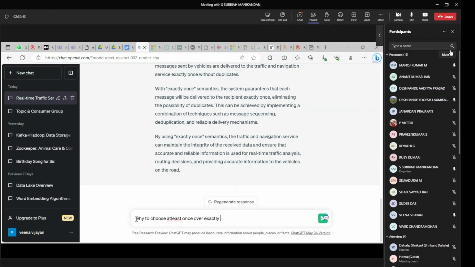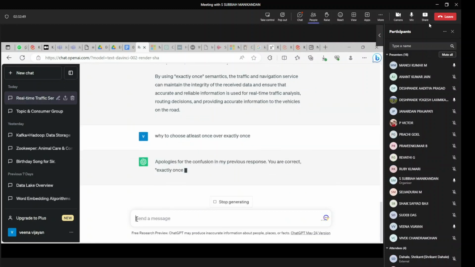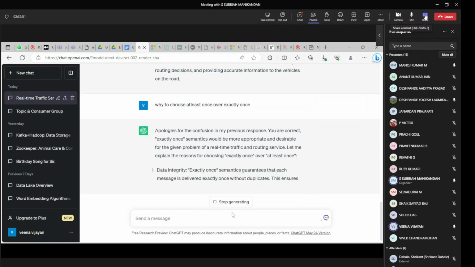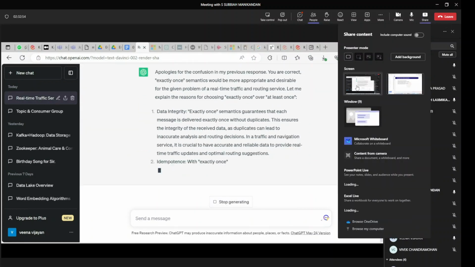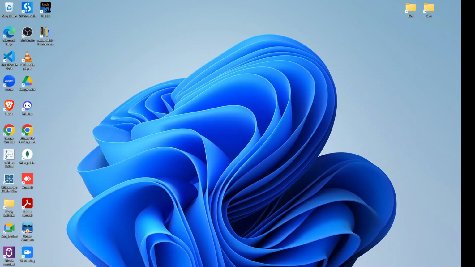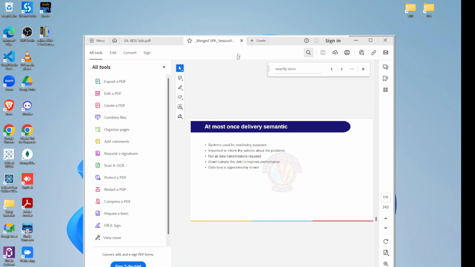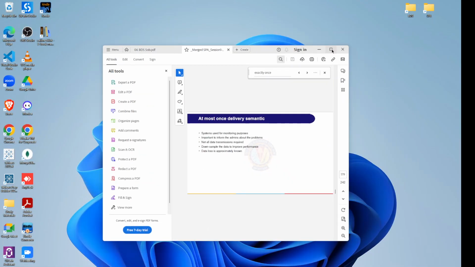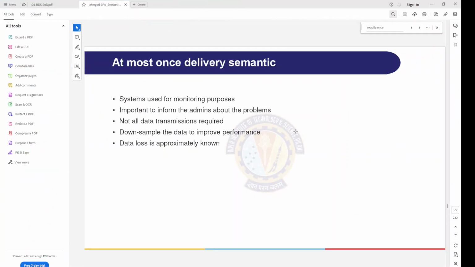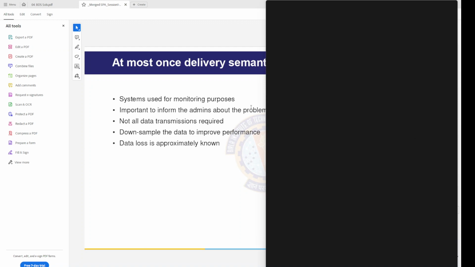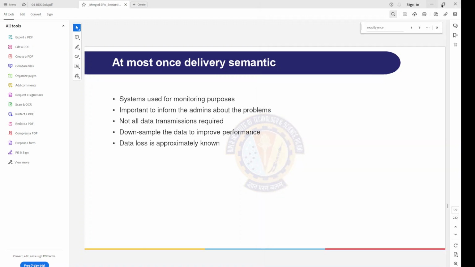In our slides, there is some information on why we are using at most once and all. Can I share the screen for a minute? Yeah. So now it is changing its opinion about exactly once. I think search for delivery semantics in ChatGPT, so it will give the meaning. Yeah, the PPT. Okay. So here we have